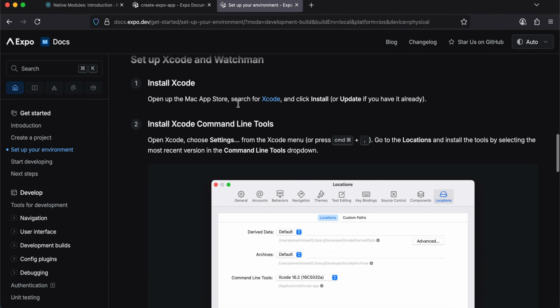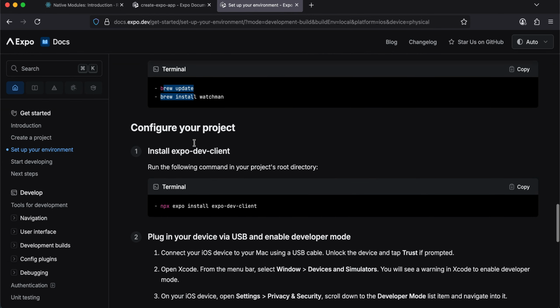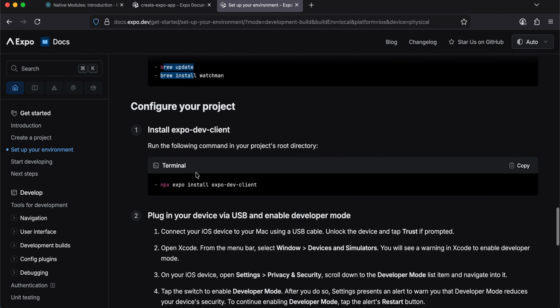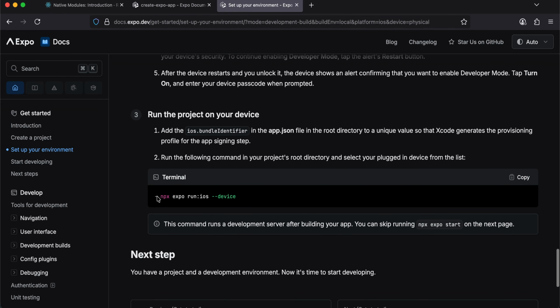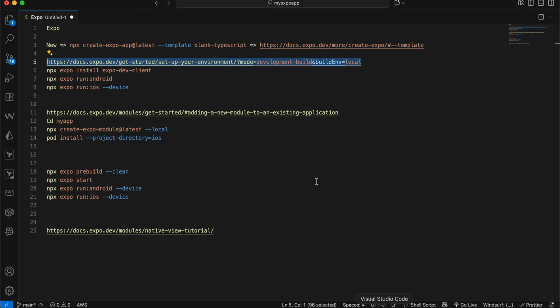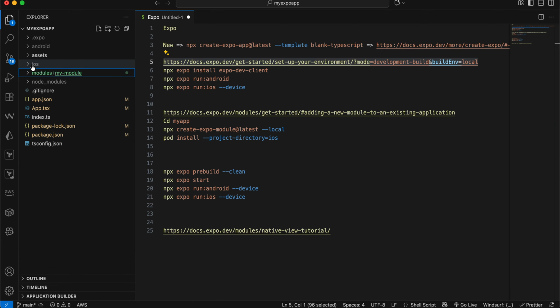Okay, so I have already installed Xcode command line tools as well. I have installed the simulator. I have run this command as well. Then you need to cd to your Expo React Native project and run this particular command. Once you run this particular command, then you need to run this particular command. This will create an iOS folder for you. Let me quickly show it to you. I have already created it. Here you can see it has created this iOS folder for me. Then once that is done,